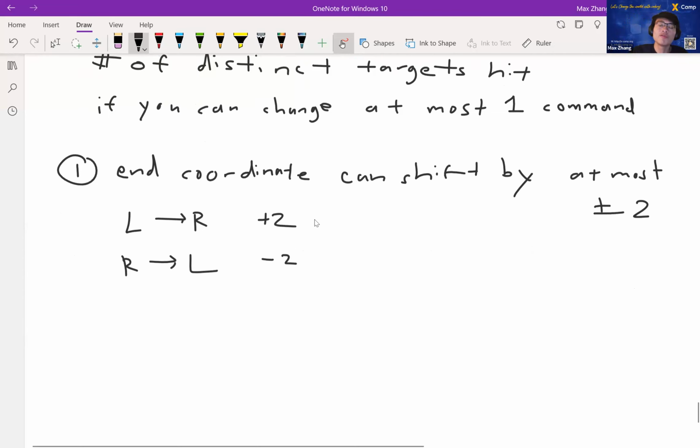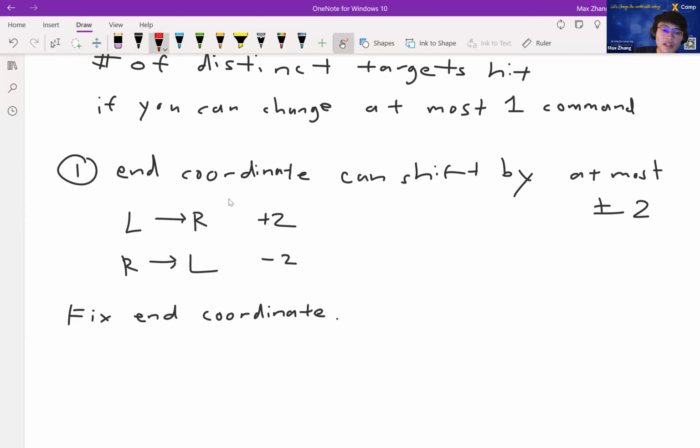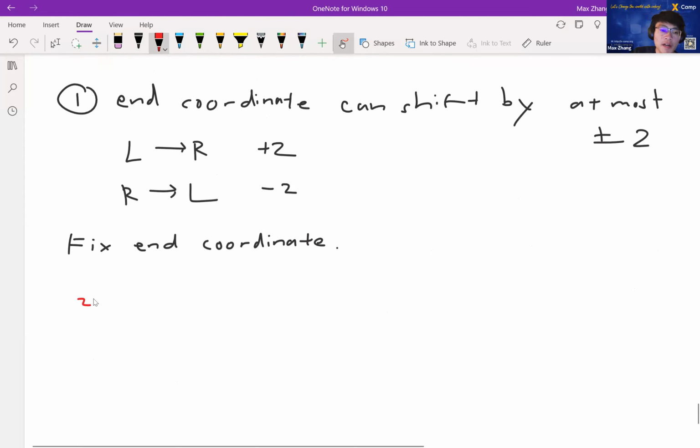And so what we can do is fix the ending coordinate. There are at most 5 options. We'll just run the same algorithm 5 times. Now the second thing is there's this tricky thing about distinct targets, right? We only want to count each target at most once. That's kind of finicky. So as an aside, let's prepare a subproblem